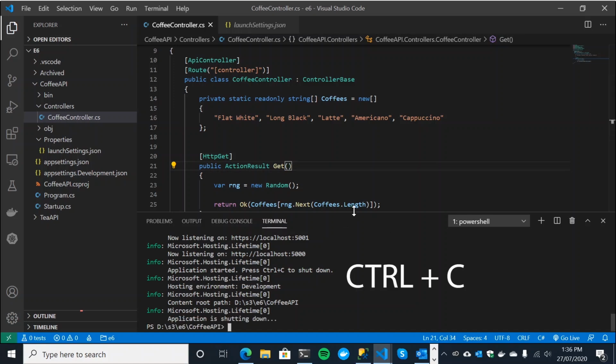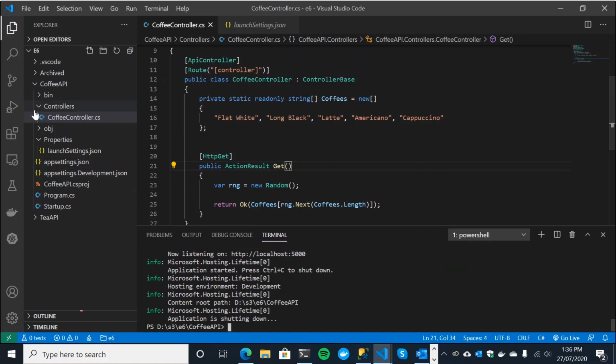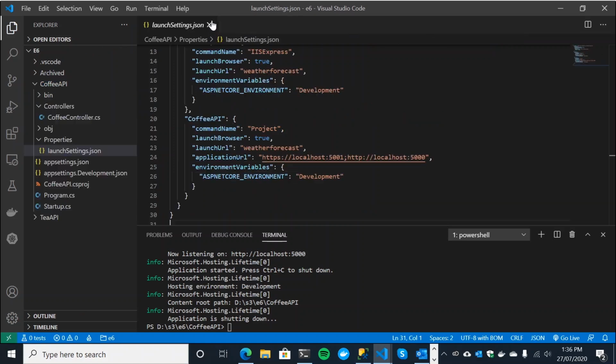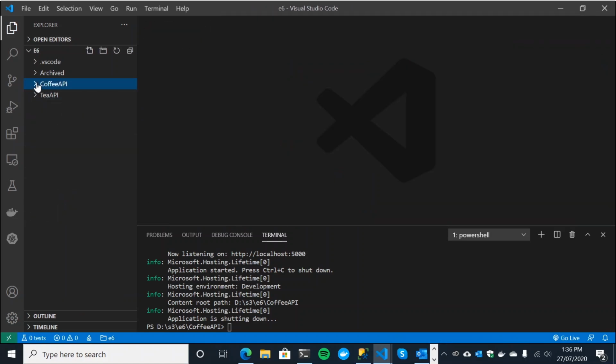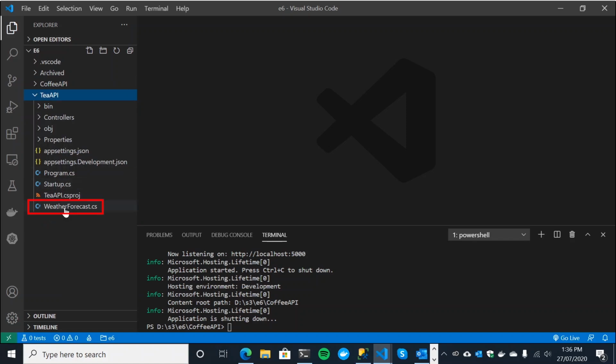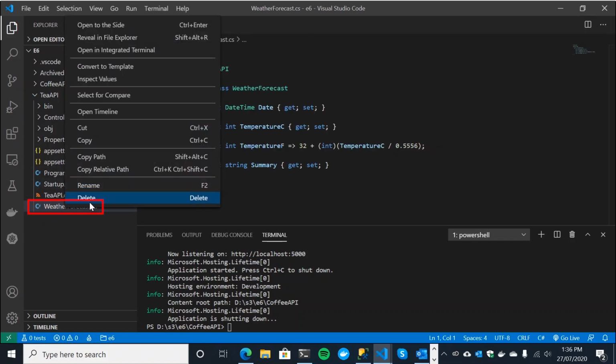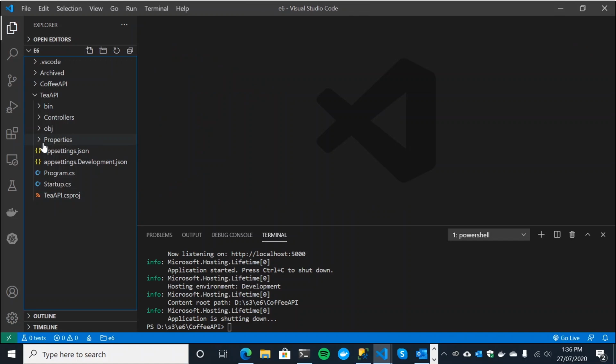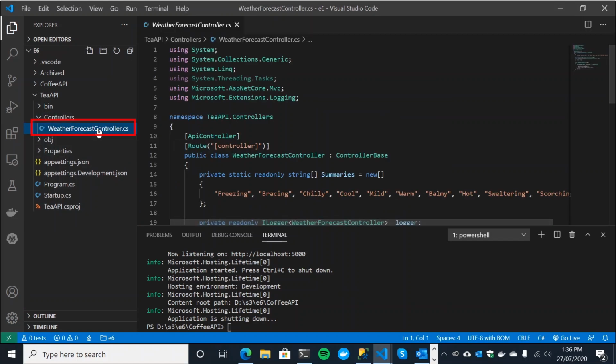So it's Control-C to kill that. And then we just want to do a very, very similar thing with our tea API. So over in here in our tea API, we'll just delete this model. We don't need it. Yep, and into our controller, we'll delete our controller.